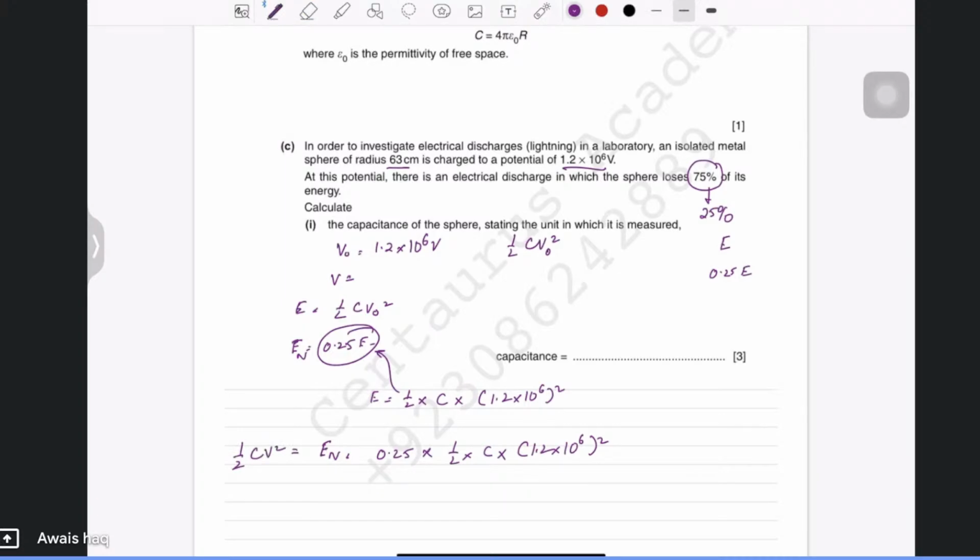Okay, fair enough. Yes, so now C and C should cancel out like we have done before. Half and half cancels out, so V square is equal to 0.25 times 1.2 times 10 raised to the 6 whole square,